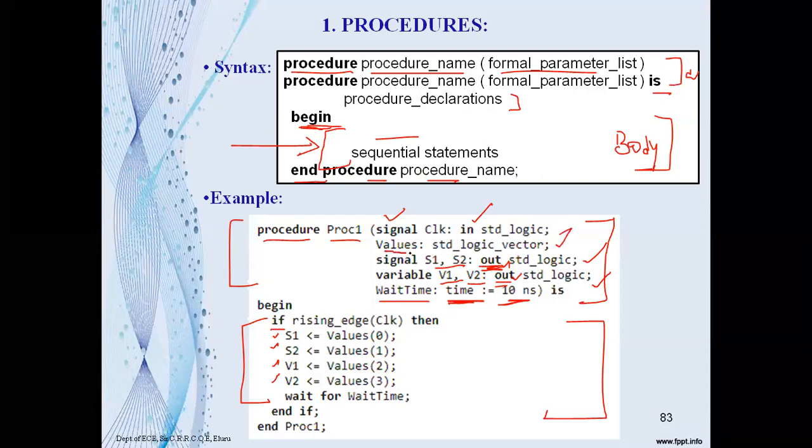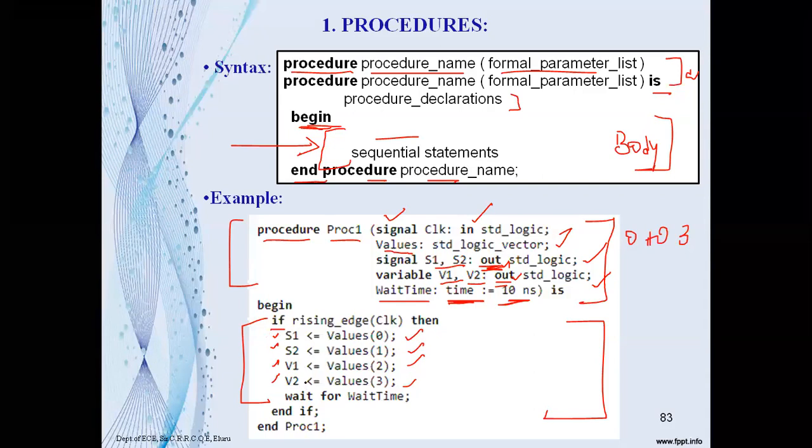See this values. Values is of type standard logic vector, and you are assigning each literal to one of the output signals. Let's say the vector is 0 to 3 because you have only 4 bits here: value 0, value 1, value 2 and value 3. And you are assigning value 0 to the S1 signal, which is a single bit. S2 is also a single bit.